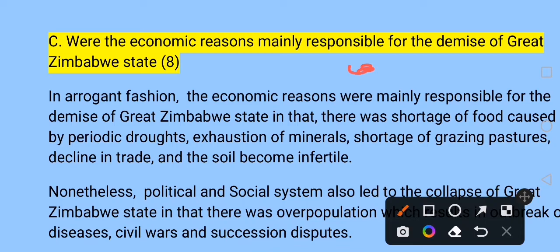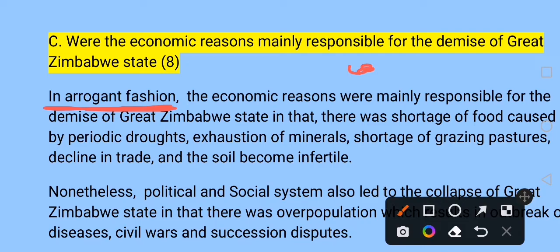So to a great extent, obviously, you are going to talk about the economic reasons that led to the demise or the decline of Great Zimbabwe state. So you say in a broad sense, zvinongoreva kuti to a greater what extent. But sometimes to keep on saying to a greater extent, it becomes boring. And so you just change those words. You can say in a broad fashion, the economic reasons were mainly responsible for the demise of Great Zimbabwe state in that